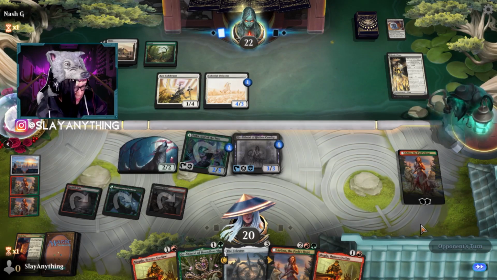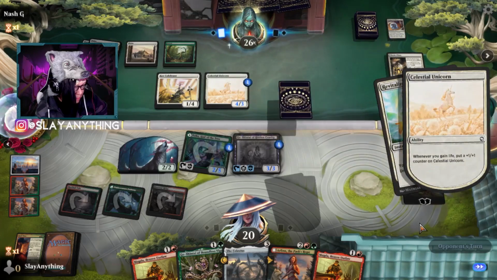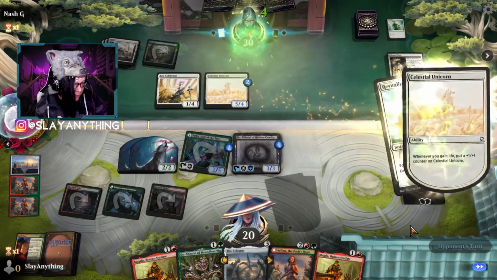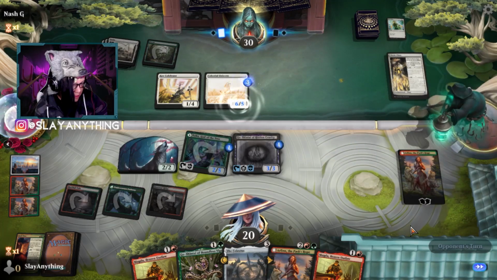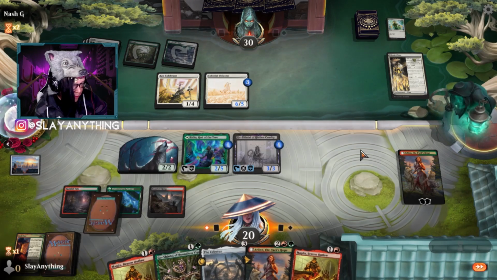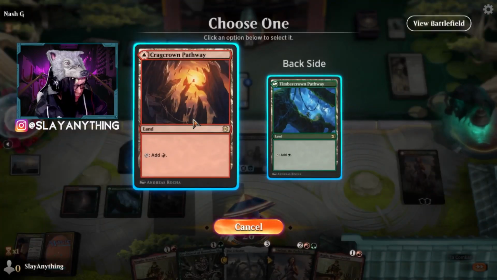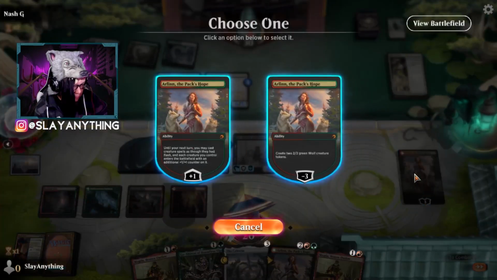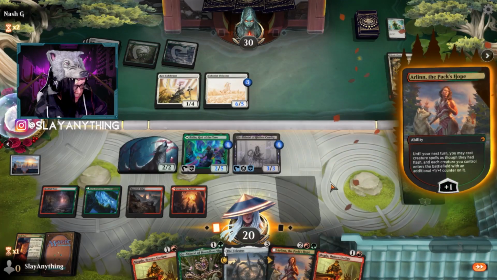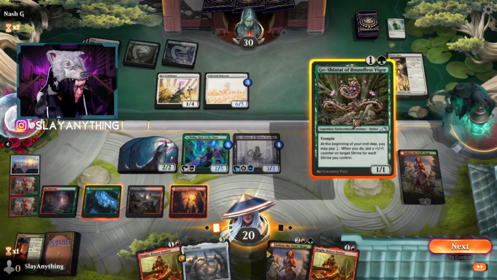Go-Shintai is kind of good for us just because it is a good blocker. Opponent won't necessarily swing into a Go-Shintai, which is pretty sick. So we get to hold off for at least 1 turn here. Alright, that's not too bad. We'll go Crag Crown. We're going to Arlinn. I think we go